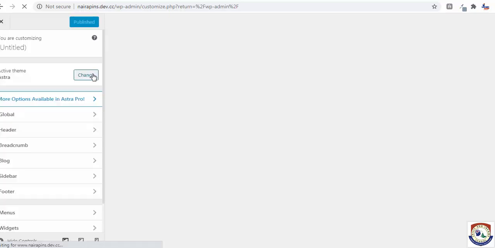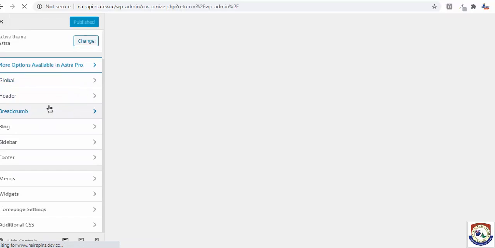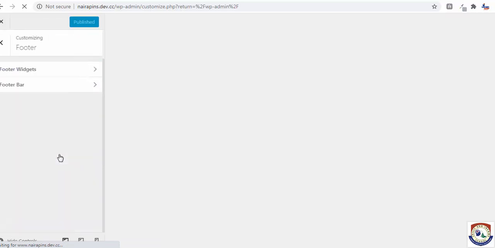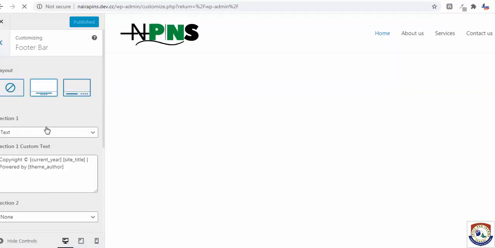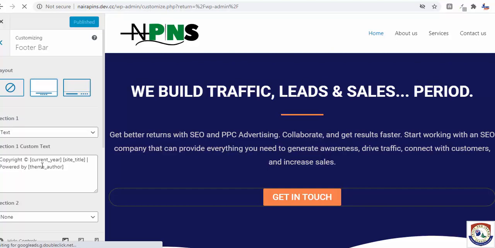Now we are customizing the theme template now. So what you need to do is you go to the footer section here. You see footer bar. Okay. You see this copyright notice.